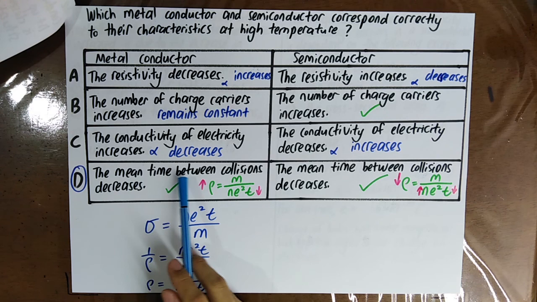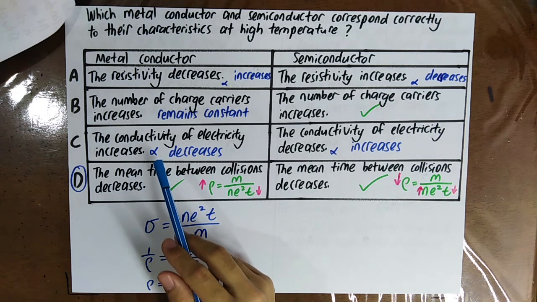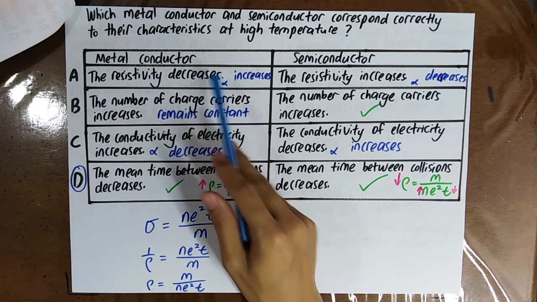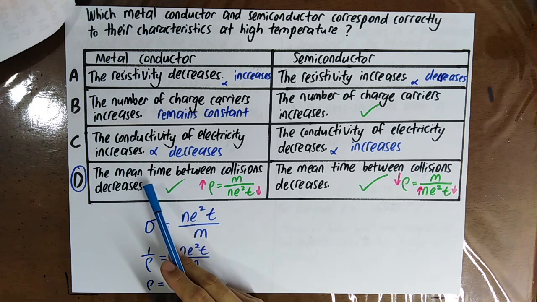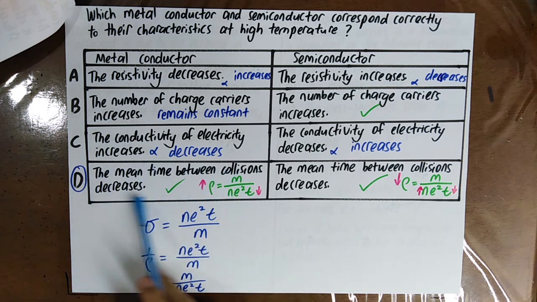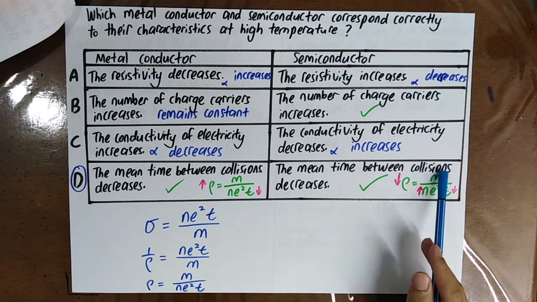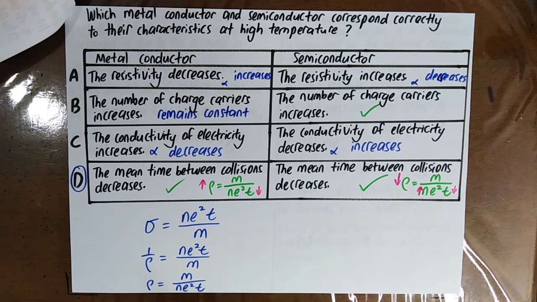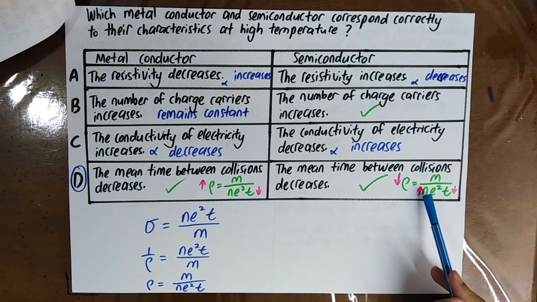Okay, the mean free time between collisions decreases. Yes, because when the metal conductor gets very hot, the lattice vibration will get bigger, so that the mean free time between collisions decreases. And then the same thing happens in the semiconductor, so that the mean time between collisions also decreases. Okay, but then you have to remember that although T decreases, the N increases by a greater value,